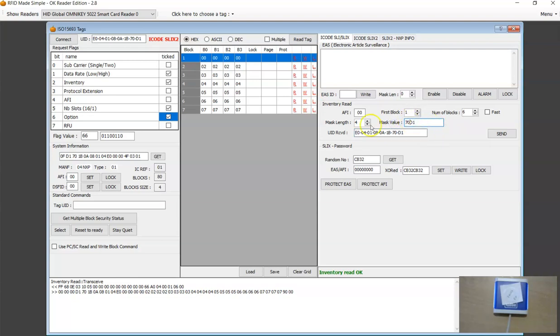Now I'm going to match the last 16 bits. This is exactly what we saw a few minutes ago, using the mask value with option flag set to 0. So I'm going to send an inventory read command with the mask length 16 and the mask value as matching this last 16 bits. Now here we are sending 16 bits of mask value. The remaining